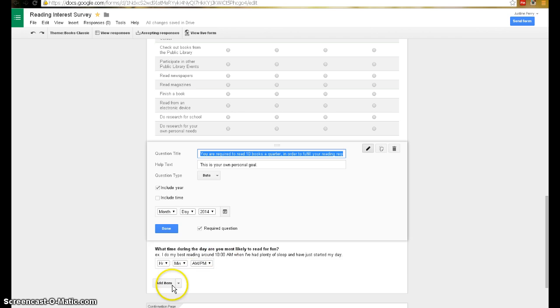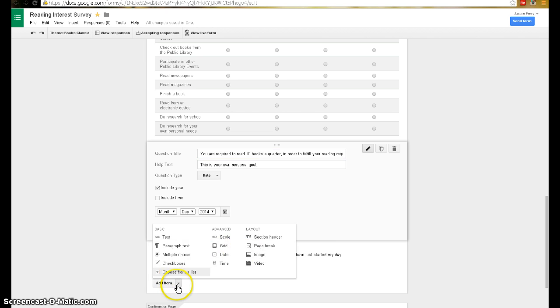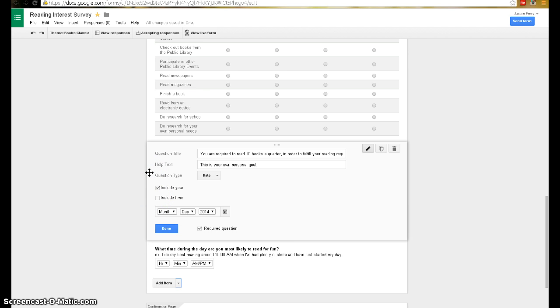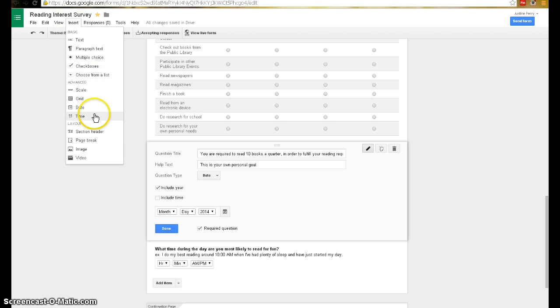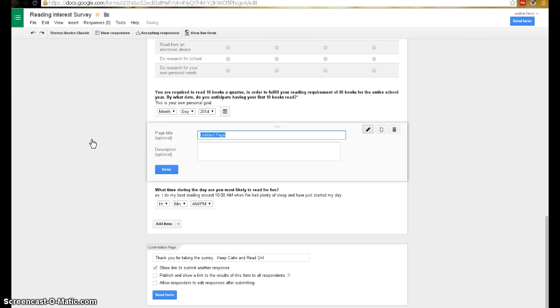I can do this one of two ways. I can do it as I'm going through as a page break, and then I could do a page break. Or at the very end, if I decide I want to go back and put a page break, click on the question. I can go up to insert, and I can go down to page break. Now see how it's raised this up? It's telling me that there's going to be a new page, so when the student is